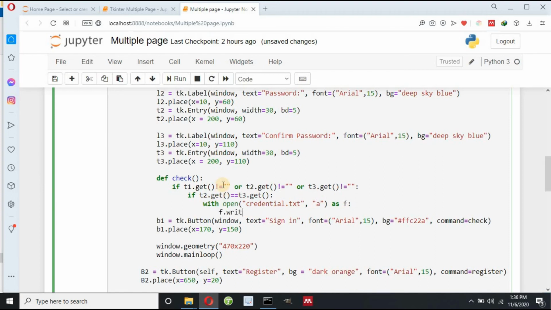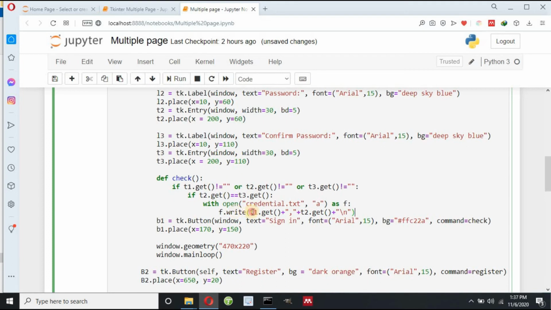After write, means I have to write in this f, means in this text file, what I have to write. I have to write username and password. I have to write t1.get, and then plus, let me separate this by comma, and then plus t2.get, and then let me make one space, n.